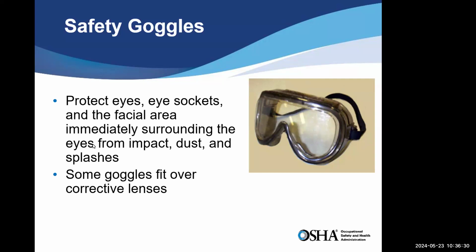Payment for personal protective equipment. Within that directive that I included earlier in the chat, there is a long list of personal protective equipment examples of what the company is responsible to pay for. I always tell people that in most cases, the employer is responsible to provide personal protective equipment when it is needed in the workplace. But there are exceptions, and I don't know that we have time today to go through each and every one of them. But as an example,